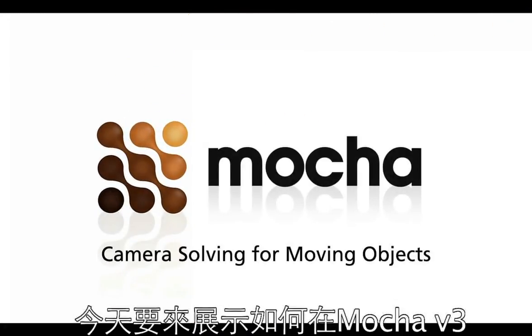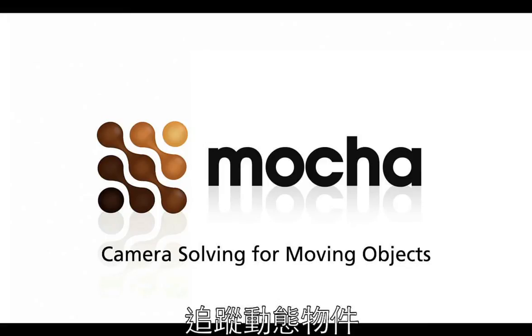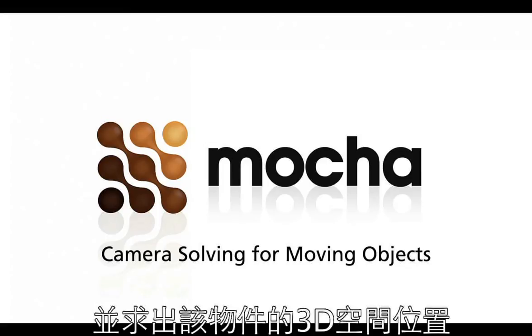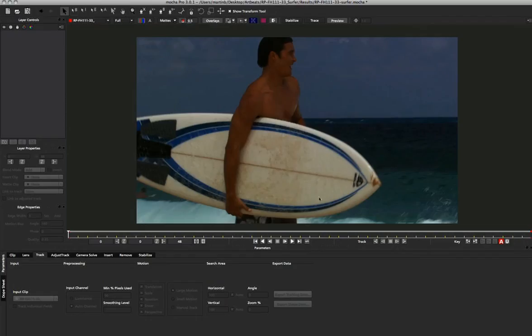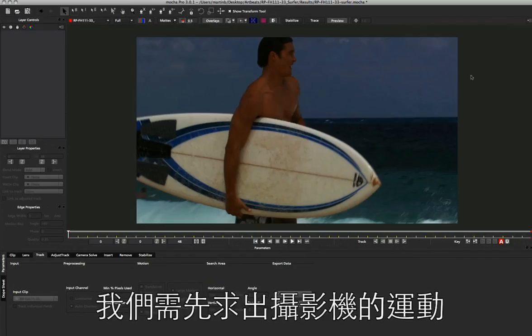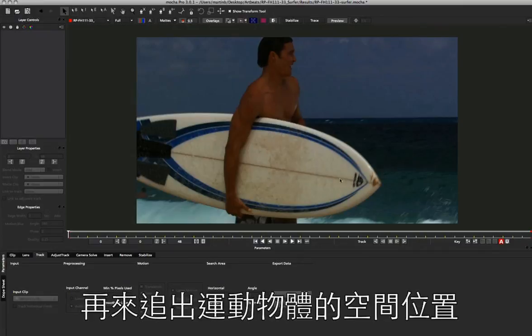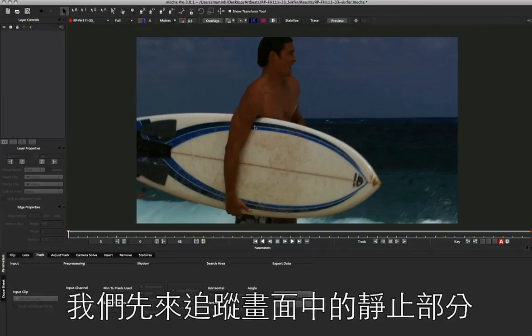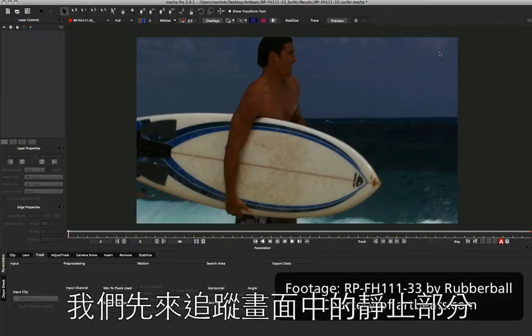Today I'm going to quickly show you how to track moving objects inside Mocha version 3 to get 3D camera solves off that moving object. To do this, we need to actually solve the static camera for the scene and then calculate the track for the movement in the scene as well. So I'm going to start first off by tracking this scene in the static areas